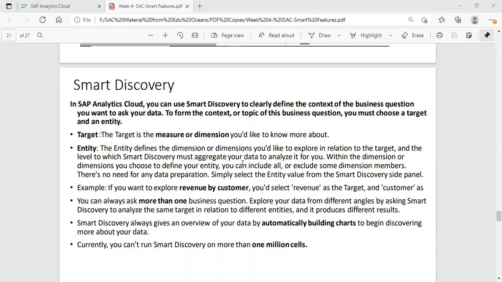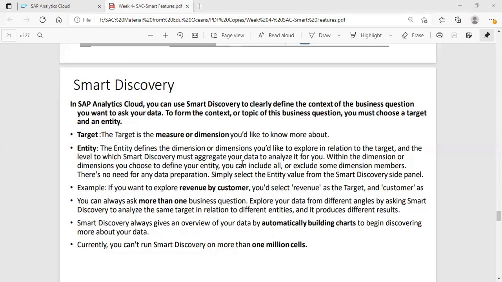What they want is a quick result from SAC, that they are asking something and you are just creating it in a minute. So that is how smart discovery plays a very important role to provide the data, or to provide the automatic story, to the business. Whenever you get an ad hoc requirement for any division or for any line of business, we can run a smart discovery on top of that particular data, and we can tell the user, see, your story has been already created, now you can use it.